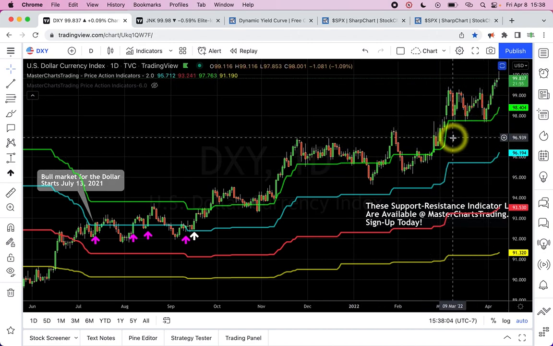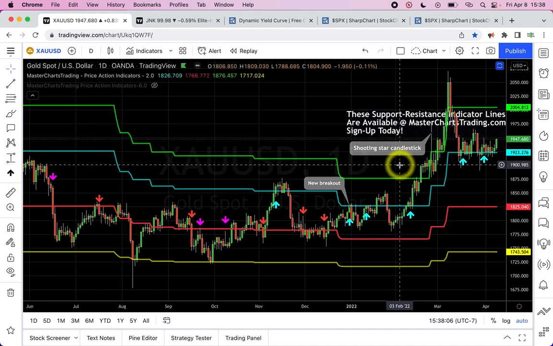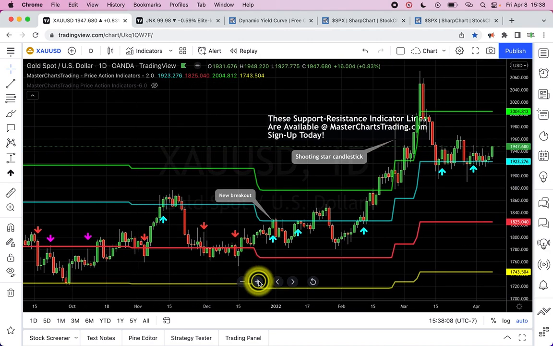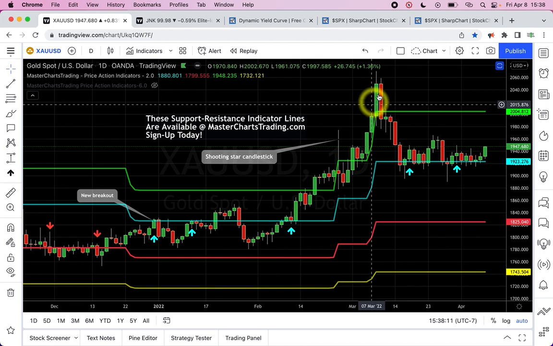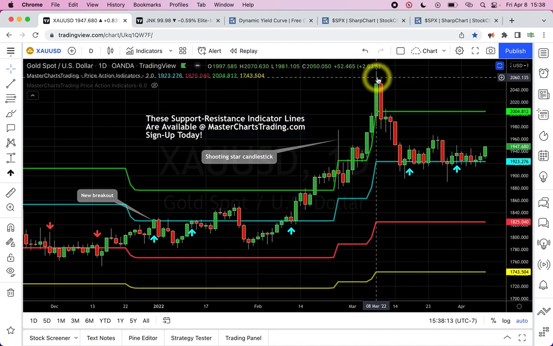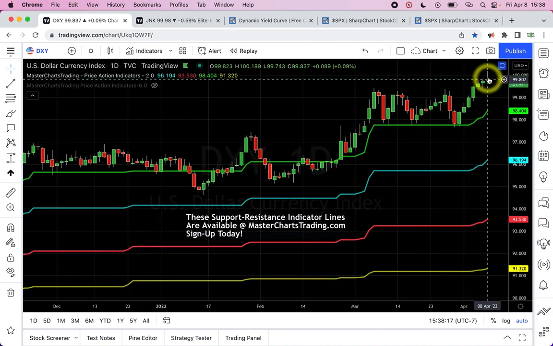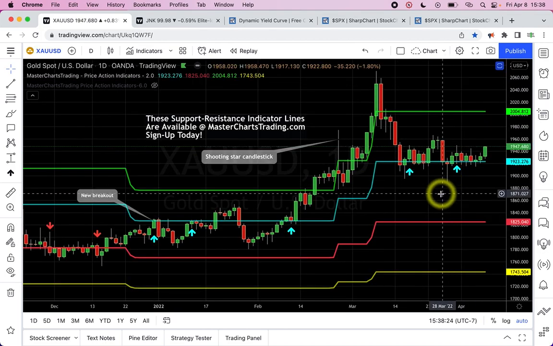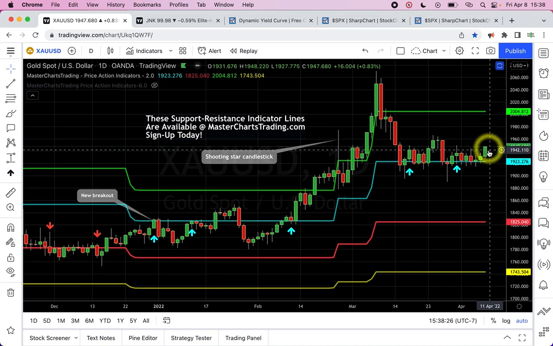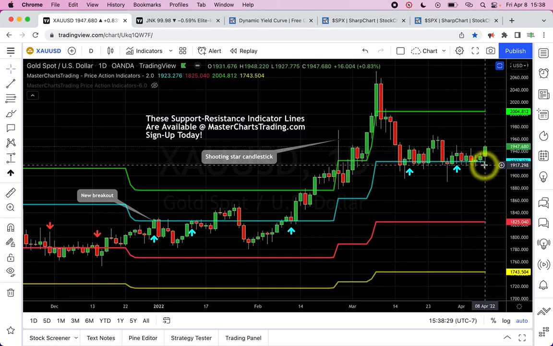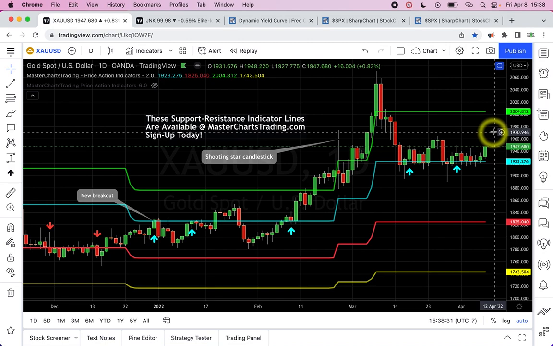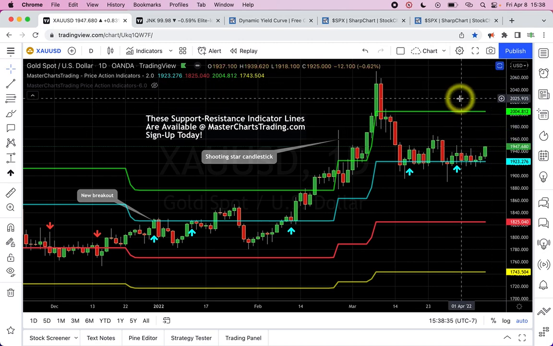So when the dollar is in a bull market, gold is in a bear market, usually, but not always. And lately, you can see gold actually moved towards new highs. And I think that finally, the dollar is topping out. This could be a topping candle today, on the 8th of April. So if it is indeed topping out, today's candle for gold is actually quite nice, quite bullish. So I'm thinking we might see a move towards the highs for gold, and by extension gold miners, and